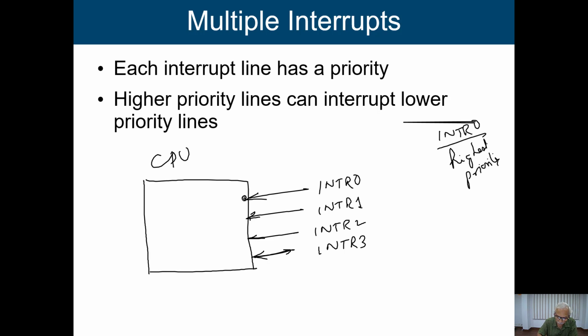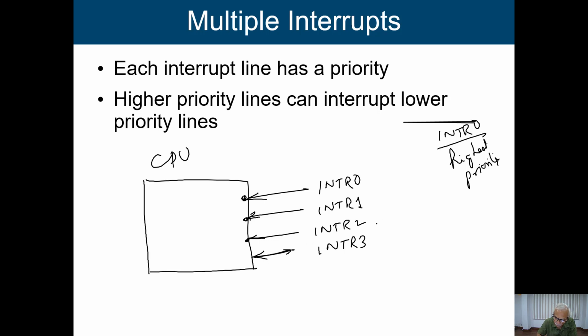If a device connected to this line raises an interrupt, then since it has the highest priority, the processor is going to give service to it. In the meantime, if some interrupt comes from interrupt line 2, the processor will give service to that device once it completes interrupt 1. But the other way around, if the processor is giving service to the interrupt service routine for the device connected to interrupt 2, and at that time an interrupt comes through interrupt line 1, since it has higher priority than interrupt line 2, the processor will give service to it.